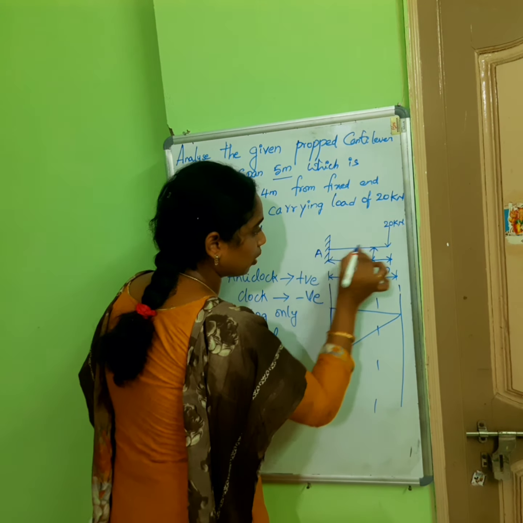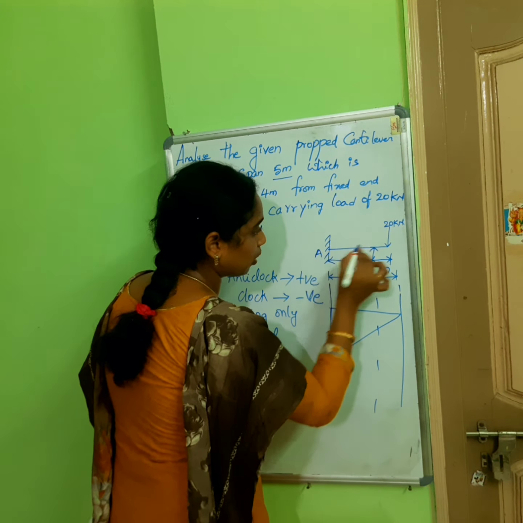4 into 20. See here, for this rectangle, how much is the load? The load is nothing yet. For calculating how much load, we should know the area. So the total load acting is force times area, length into breadth, so it is 80. Okay, so it is moving towards deflection at C.